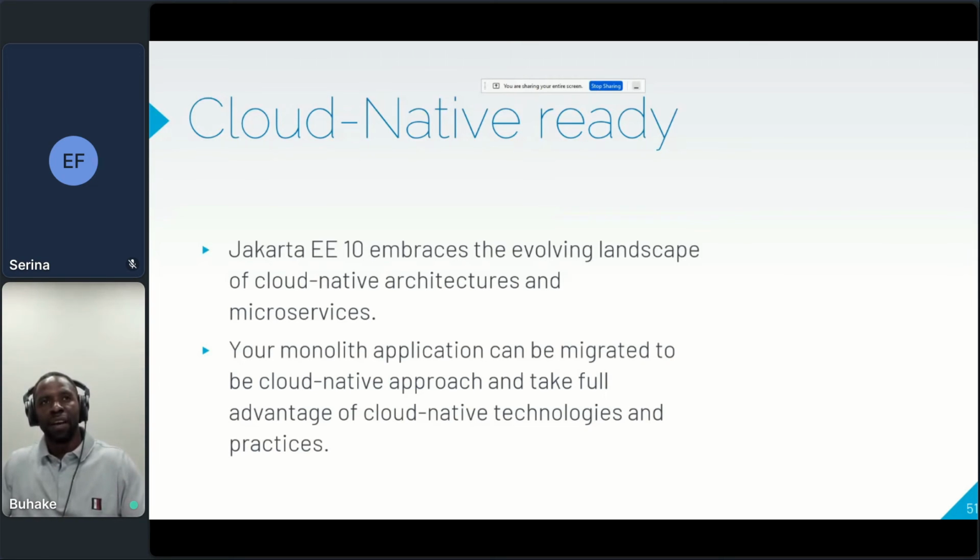And also your monolith application can be migrated to cloud native. That's exactly what I've just discussed. If you want to go fully cloud native, Eclipse MicroProfile also leverages Jakarta EE technologies like Jakarta EE 10, and I think MicroProfile is version 3.2, if I'm not mistaken. So the added advantage of Jakarta EE plus a few frameworks like OpenTracing combined together, and you can build cloud-ready applications, microservices that can run in the cloud as well.